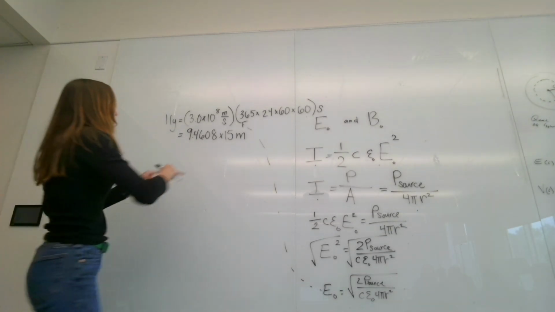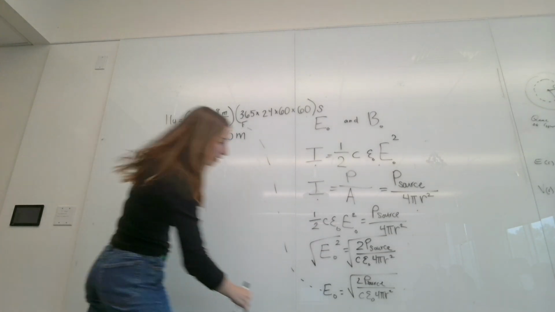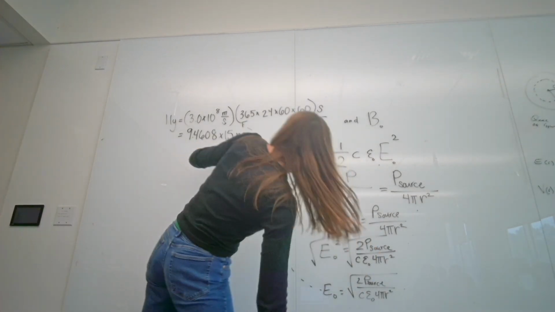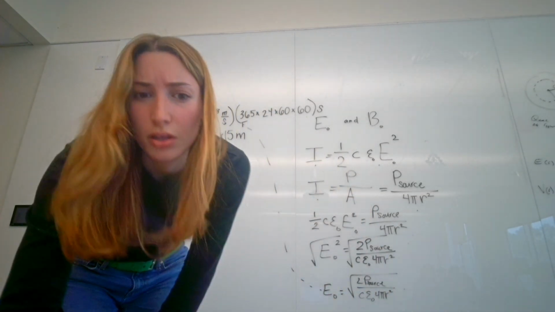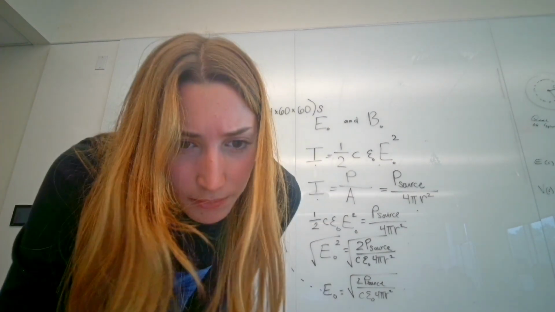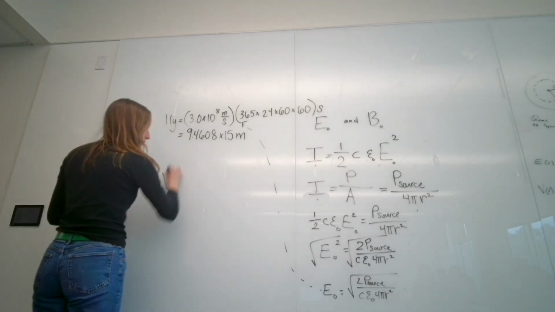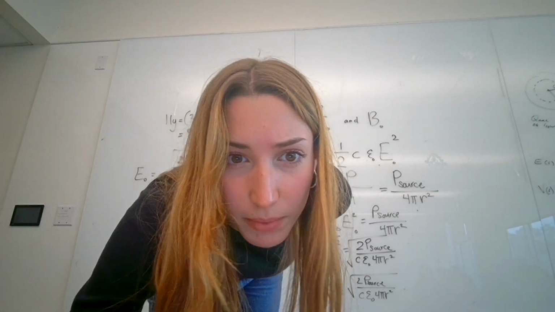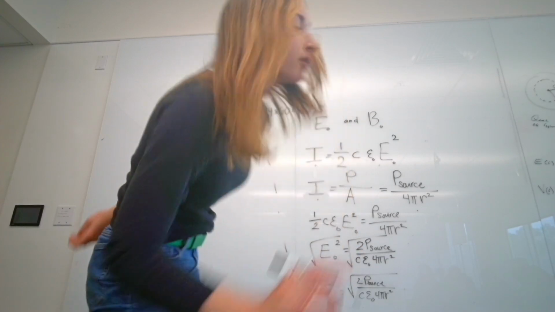So I'm plugging this value in for R. So I get E naught equals the square root of 2 times the power, which is given: 3.90